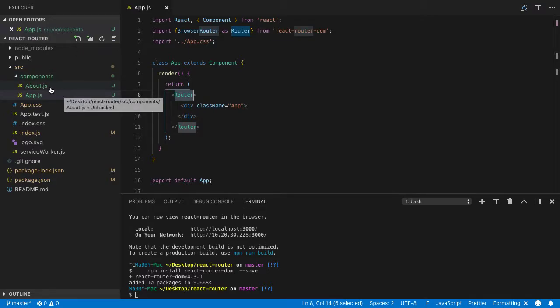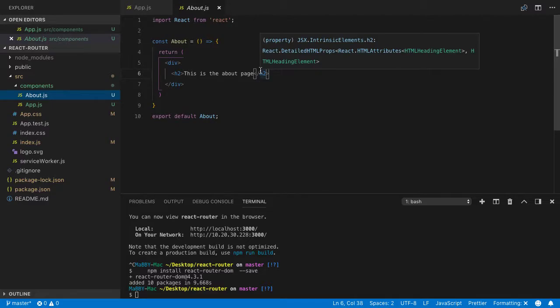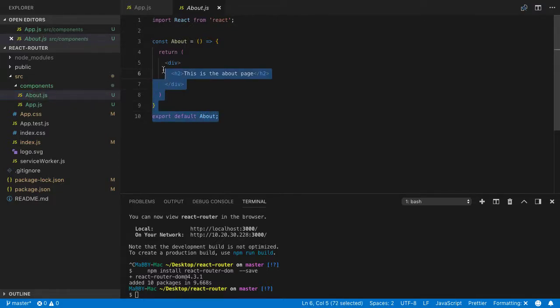Yes, we created the about component in advance, so you can see we import React from React again, and this is a stateless component. That's why it's like a variable assigned to a function, and it's returning what we want to see on the about page. We need to create more components so we can see the difference. I'll just copy and paste this